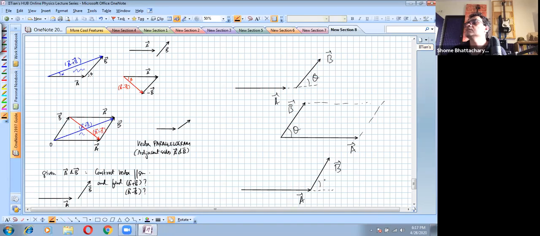And this angle would be theta. Okay, so it's the same thing. No? You see, this and this are the same, because here this angle is theta. Okay, so just like in the triangle,